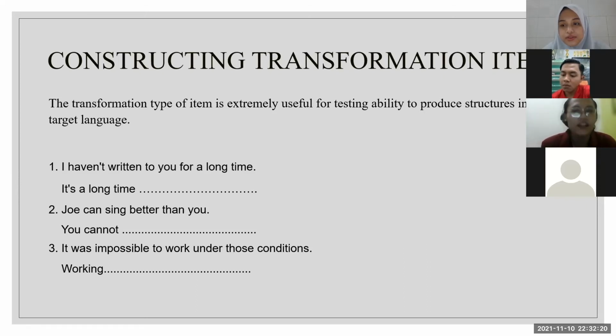It can help to provide a balance when included in tests containing multiple choice items. The example number one, I haven't written to you for a long time. It's a long time since, and others. Next,